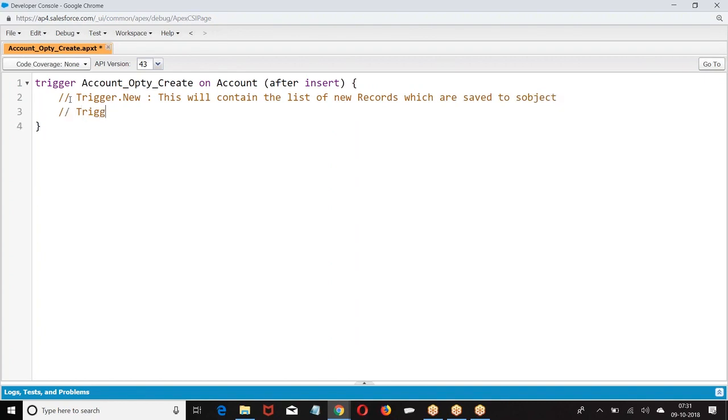Similarly, we have Trigger.newMap. What is this Trigger.newMap? Map of ID, comma, record.